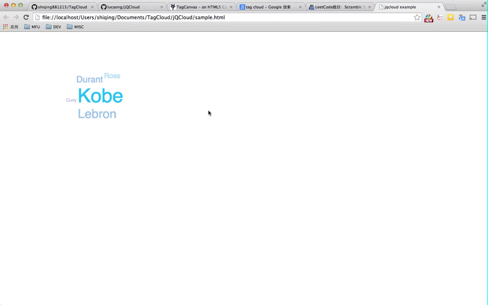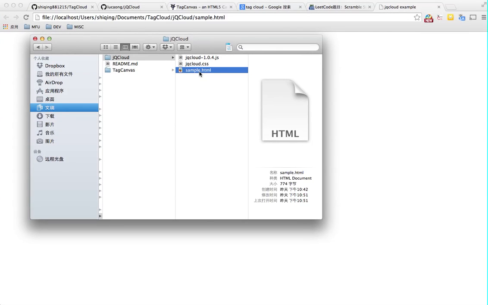Okay, so it's very simple. Here you can see I have several tags. The weight of each tag is different, so this one is the largest and some are small. So if we look at the code here,